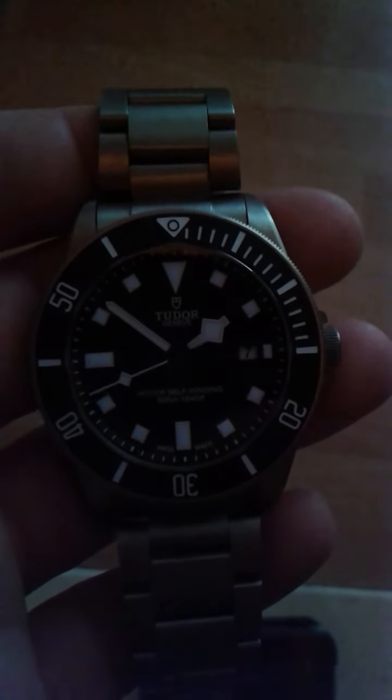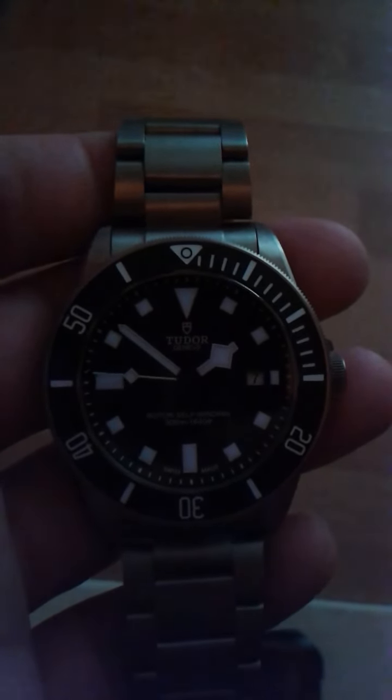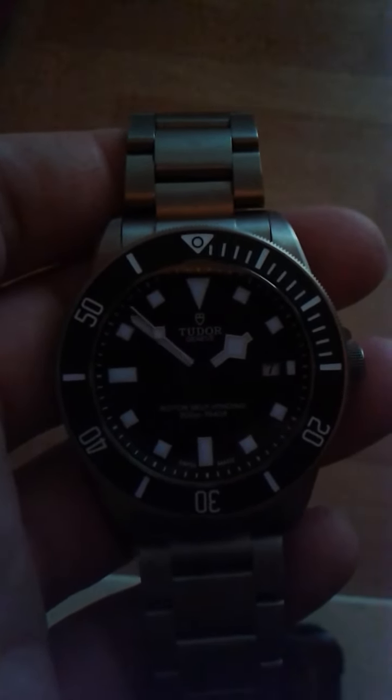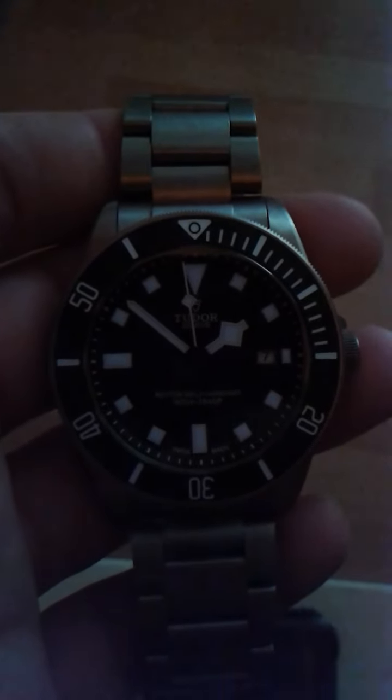I'm not sure what happens with titanium, for example, when it is on the wrist for 15 years. Does it get a different color? Does it oxidate or whatever? I don't know. How long will the lume last, for example? Will it last for 20 years or 5 years? Or I don't know these kinds of things. I just